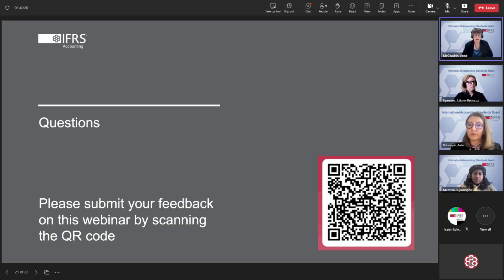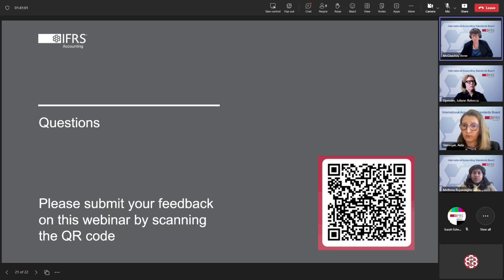Yes, sure, of course. So starting with the concept of materiality, if information is material, it should be disclosed or presented. So somewhere in the financial statements, that information should be given. And that's the concept of materiality, and that's the same as it's always been. And then the question is, is that material information needed to be included in the primary financial statements in order for the primary financial statements to give a useful structured summary? And sometimes the answer will be yes, and sometimes the answer will be no.